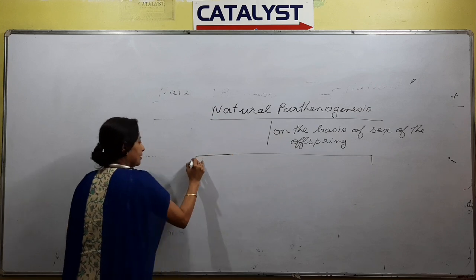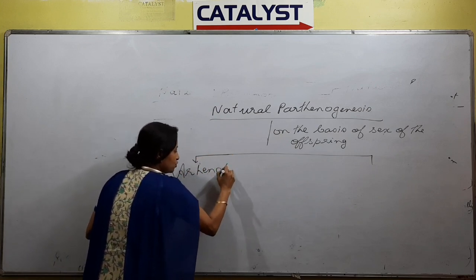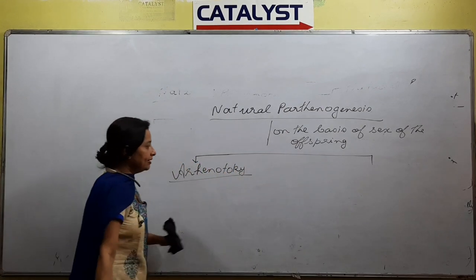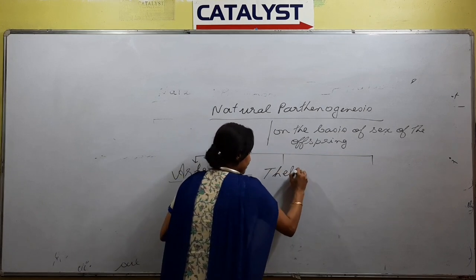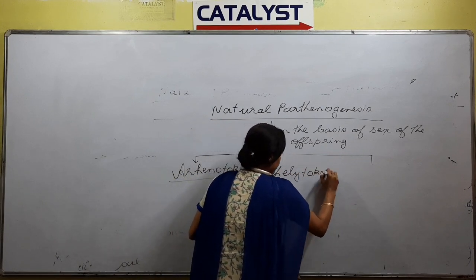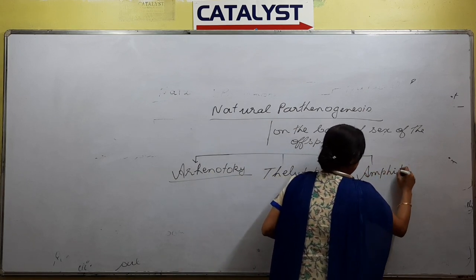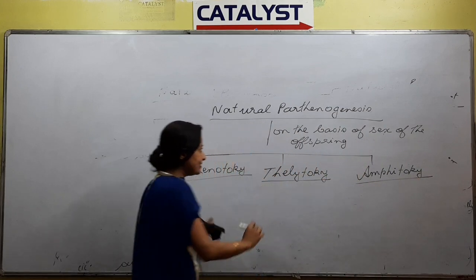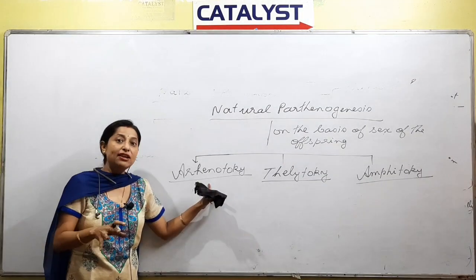The first is arrhenotoky, A-R-H-E-N-O-T-O-K-Y. Next is teletoky, and the next is amphitoky. Right? So if through parthenogenesis the offspring is always male, that process is called